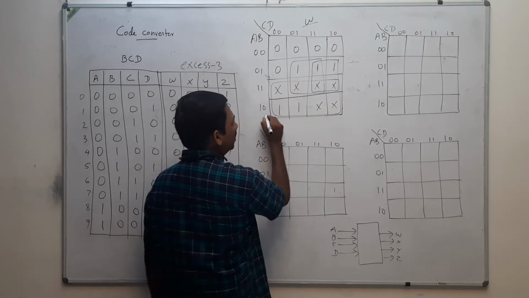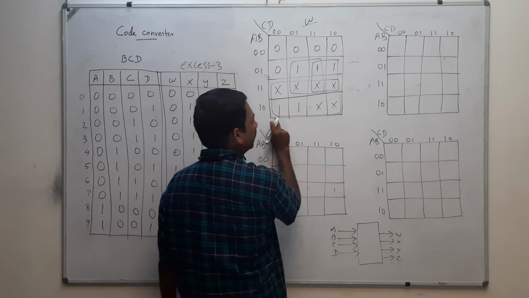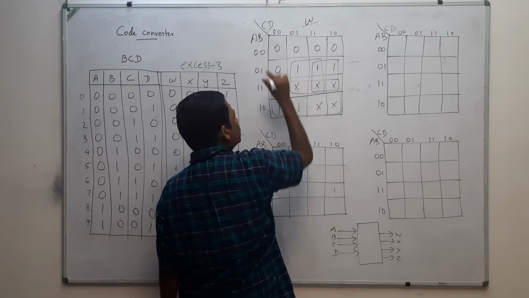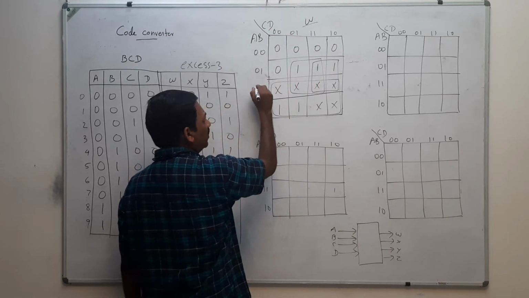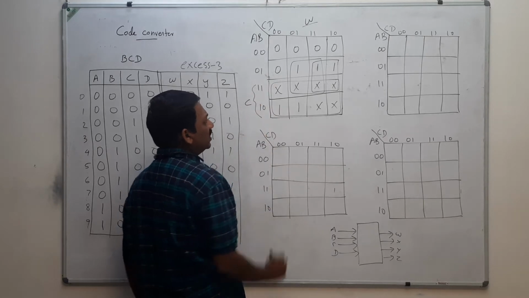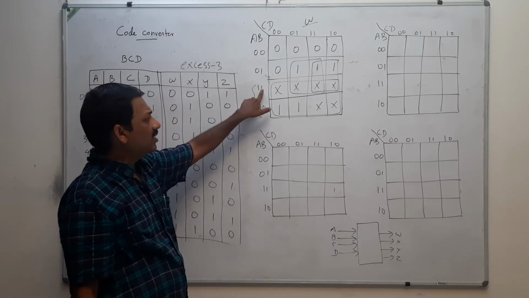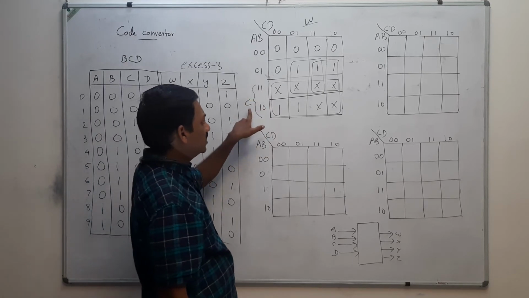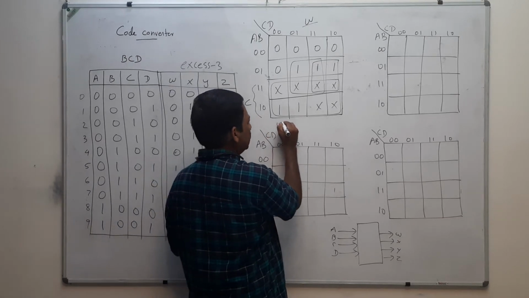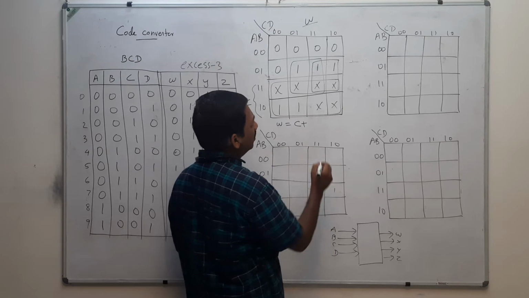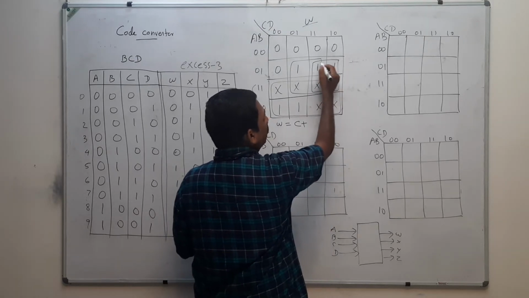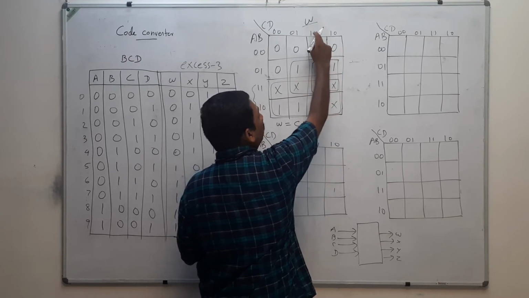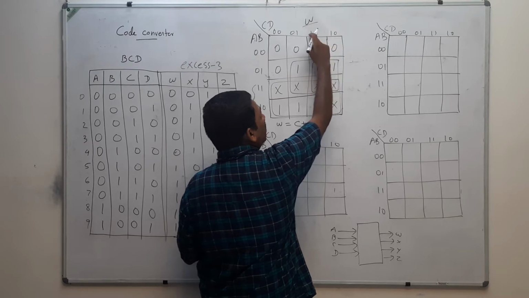Here, when you are going from here to here, all of these 0, 0, 0, 1, all those things will go. That means CD part is not there. Here, from here to here, what remains is C. That means D, here it is D and here it is D bar, D to D bar, it will go and this is C. That means W is equal to C or then what is this? You have to take this and from this column to this column, 1, 1 to 1, 0, that means 1 remains.